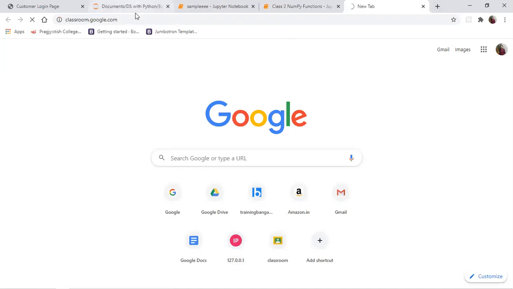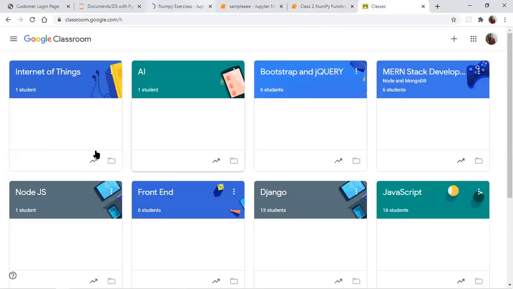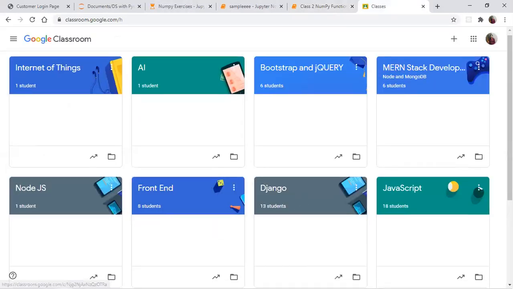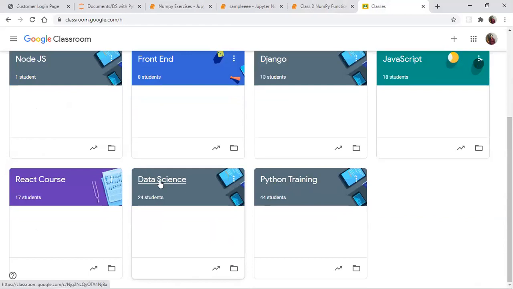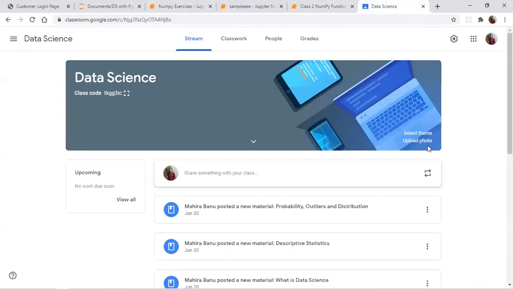Work out class 2, since class 1 and class 3 we discussed yesterday, and work out your NumPy exercise. That's more than enough. You need to write code to create an array like this. This is your task.